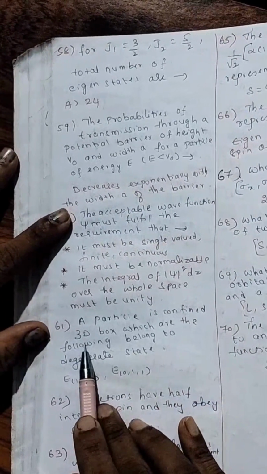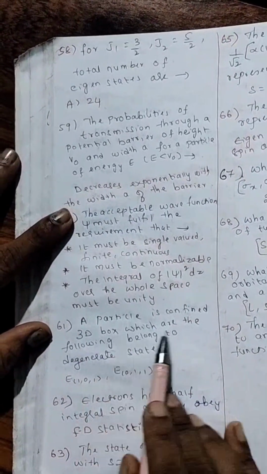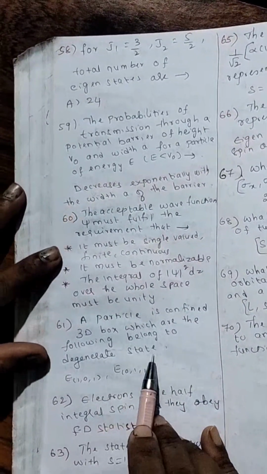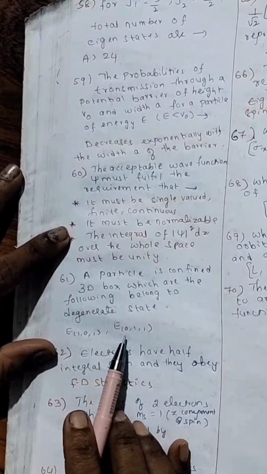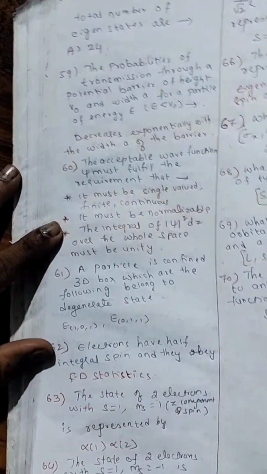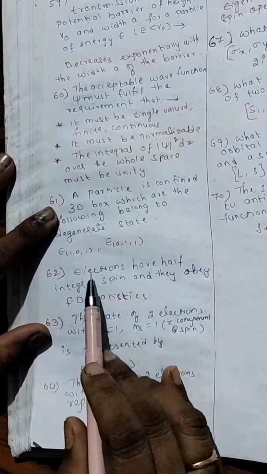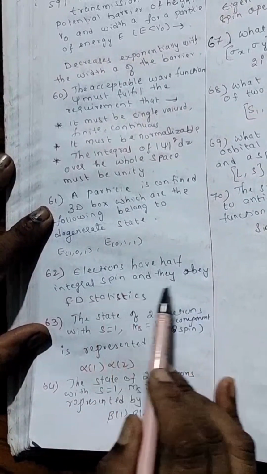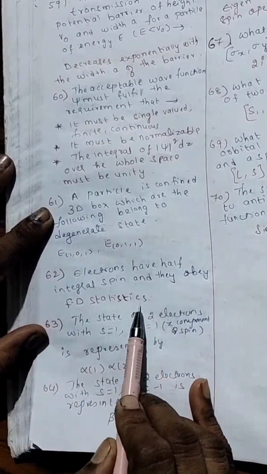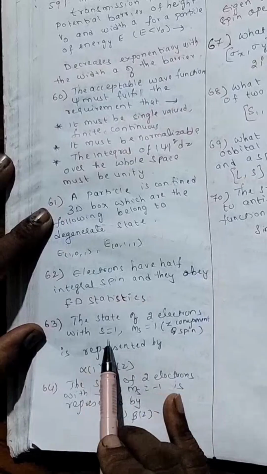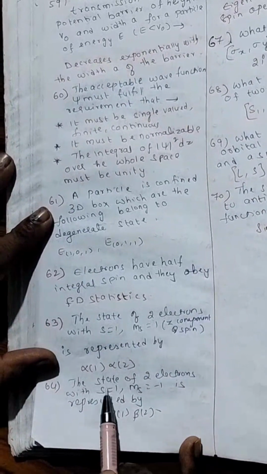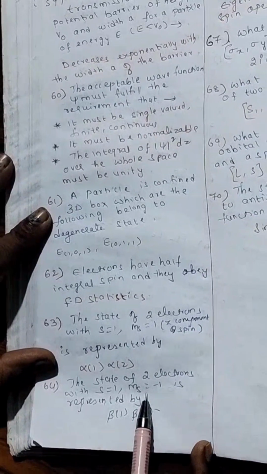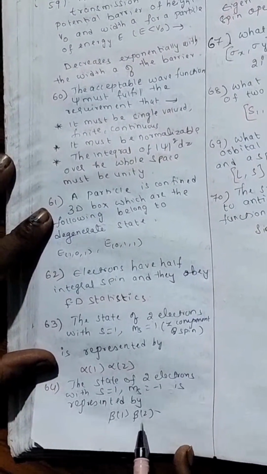The particle is confined in a 3D box, which of the following belong to a degenerate state. For the 3 options he gave, in that E1, 0, 1, 0, 1, 1 are correct. Now next, electrons have half integral spin and they obey Fermi-Dirac statistics. The state of 2 electrons with S equal to 1, Ms equal to 1 is alpha 1, alpha 2. The state of 2 electrons with S equal to 1, Ms equal to minus 1 is beta 1, beta 2. Now next,